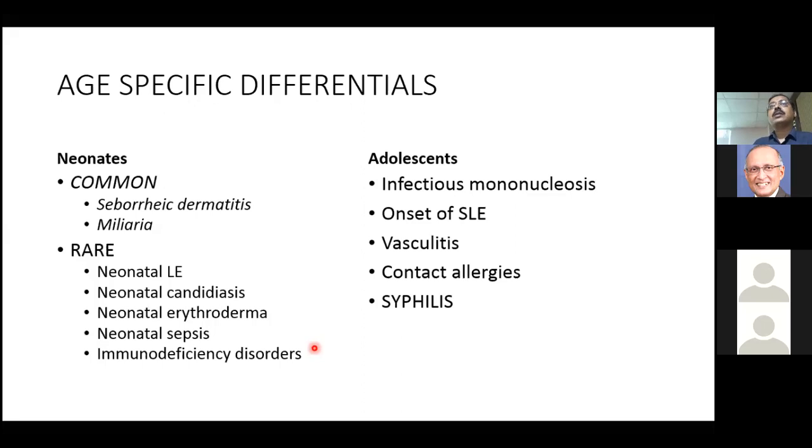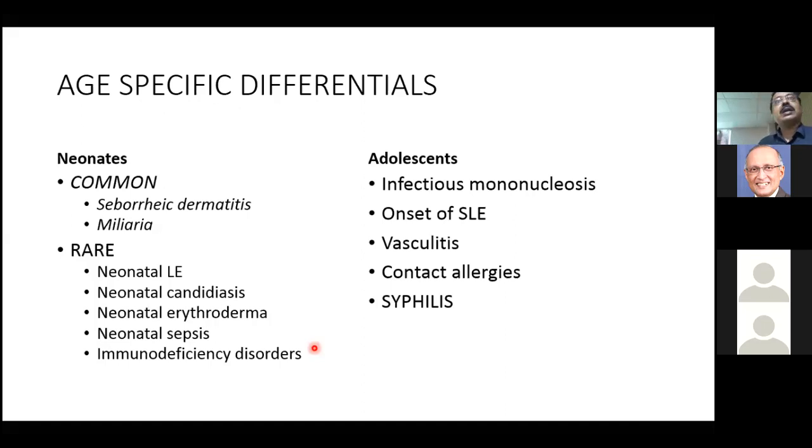If you ask me, can you give me some age-specific differentials? So neonates, very often we see rash presentation in the form of seborrheic dermatitis, or those children who sweat a lot may have miliaria. These are two common presentations of generalized maculopapular rash. But rarer ones also should be considered, like neonatal LE or neonatal candidiasis. Usually neonatal candidiasis will be pustular. But having said that, the initial presentation will be an erythematous maculopapular rash, which will develop pustules on top of it. So when you see the pustular eruption a day or two later, that is when you realize probably you're dealing with a neonatal candidiasis or disseminated candidiasis.